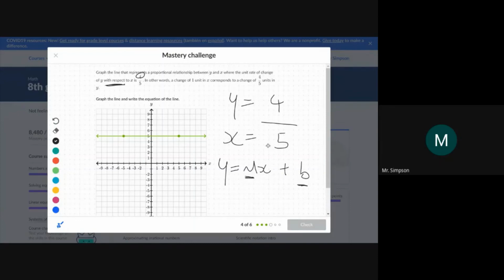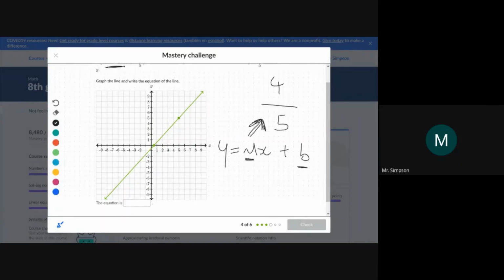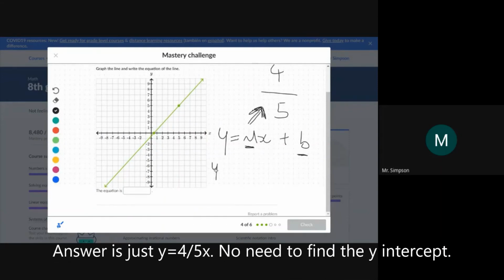So that we know. Okay, let me erase this part here. Okay, good. So we know the slope is 4/5, and the equation has to be in the form y equals mx plus b. It's going to be y equals 4/5x plus some b, which is the y-intercept. So we'll need to find the y-intercept. Right now we have y is equal to